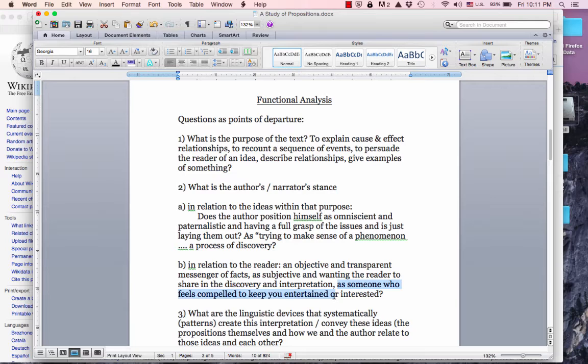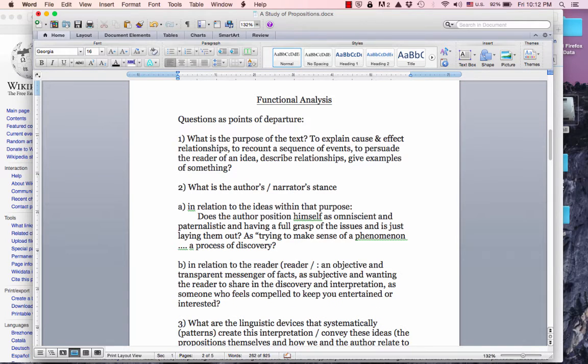Who's doing the work here in order to make the connection? Is the author working hard to make sure that the reader connects with the text? Or is the author not working hard and saying, you know, the reader has a responsibility to create their own energy and find their way through the text, and my job as an author is just to present the ideas? And this kind of gets at the sense of what's called reader versus writer